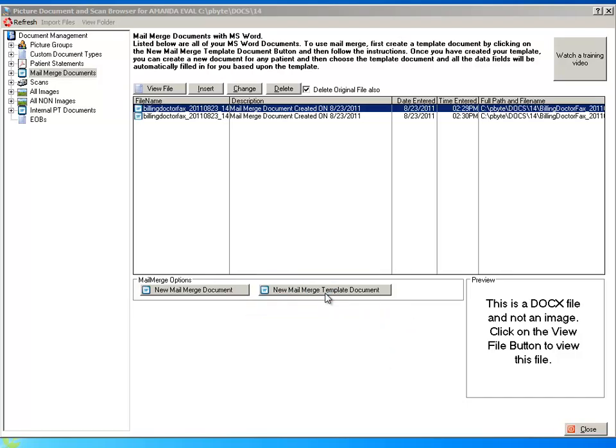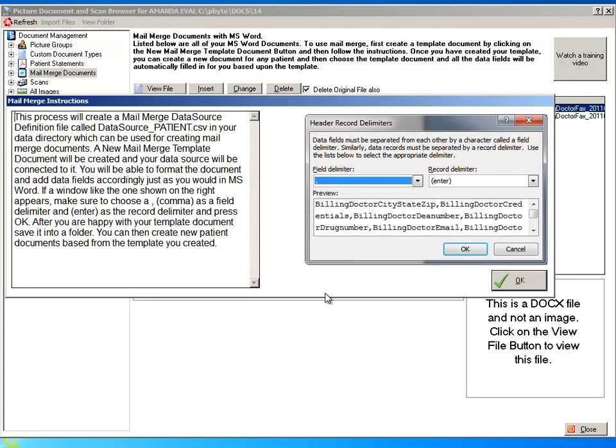Once you click this, a message will appear as shown like this that gives you a description of the steps that will follow. Essentially, what happens is a data source called datasource_patient.csv is created, and that defines all of the individual fields that can be used in the data merge program. It will then automatically connect this data source to the mail merge document. Once you click on OK,